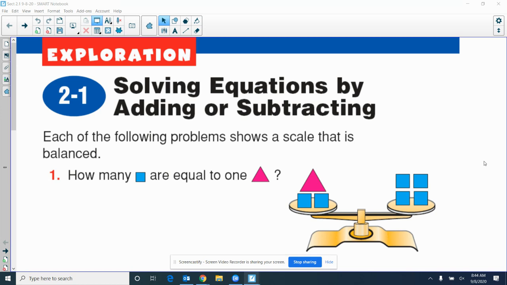Now what we're going to do today, and I'll be honest with you, this is pretty straightforward. It's more on how we need you to write things down. Not necessarily getting the answer, because mostly you'll be able to look at it and get the answer. That's not the point. It's how we set things up for later on when we have multiple steps in a problem. But just kind of for the understanding part,